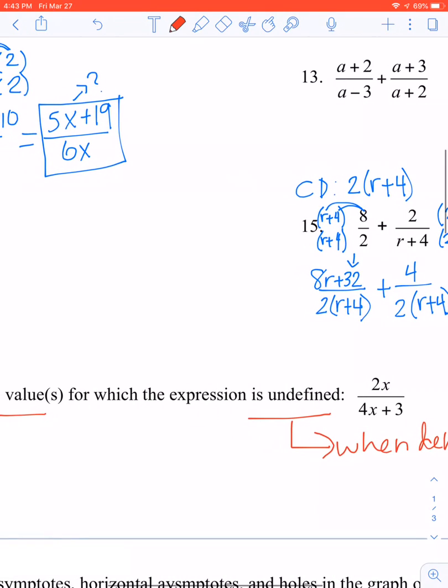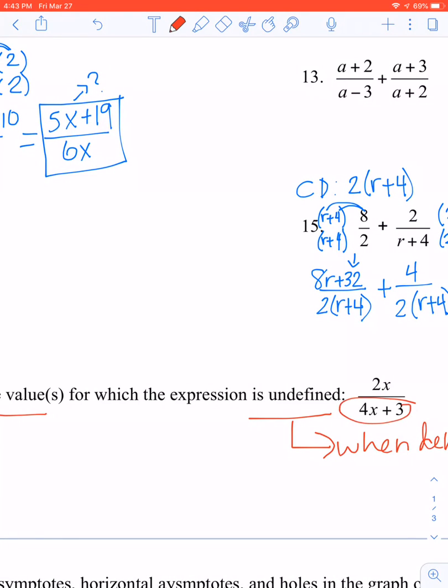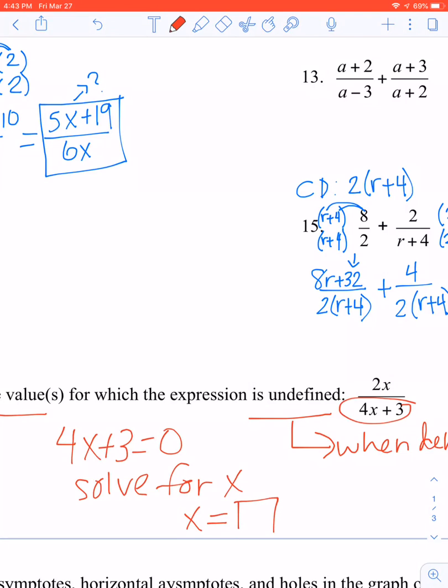So what are we going to do? We are going to set up our denominator and set that equal to 0. Then you're going to solve for x, and that x value is when, well, don't be confused by that box. That's just the answer you're going to get in the end. That x value right here is when